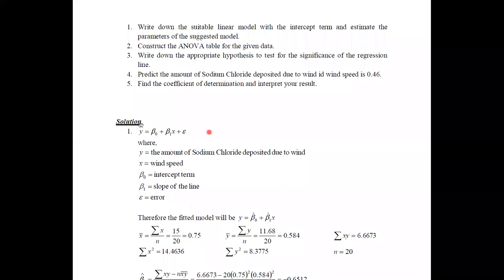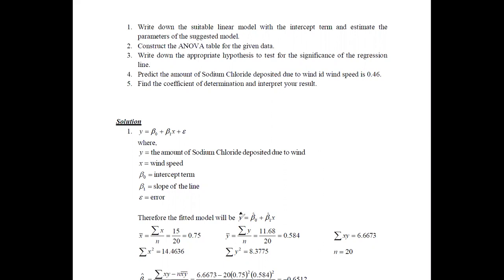Since this is the general form that we are defining, the fitted model can now be written as y equals beta naught hat plus beta 1 hat x. Rather than writing y, it would be better to write y hat, because using this model we are estimating the value for y.